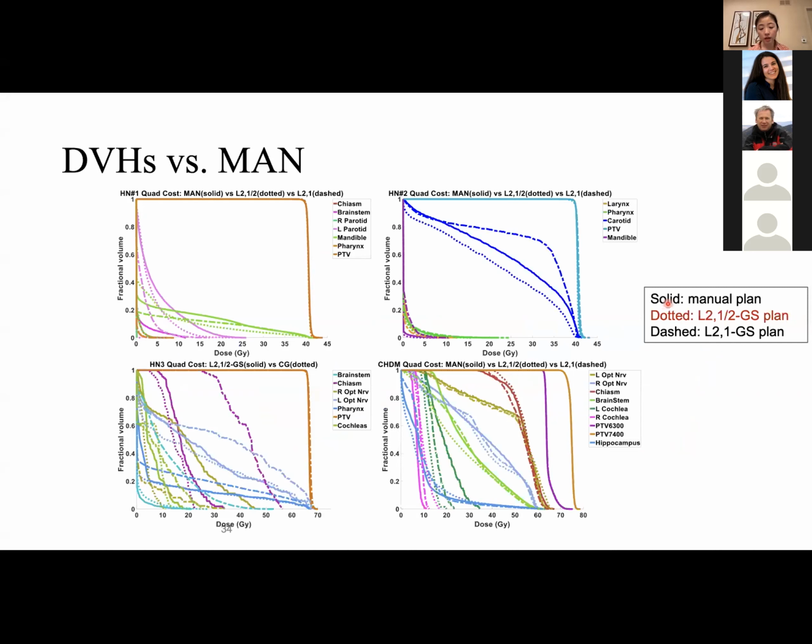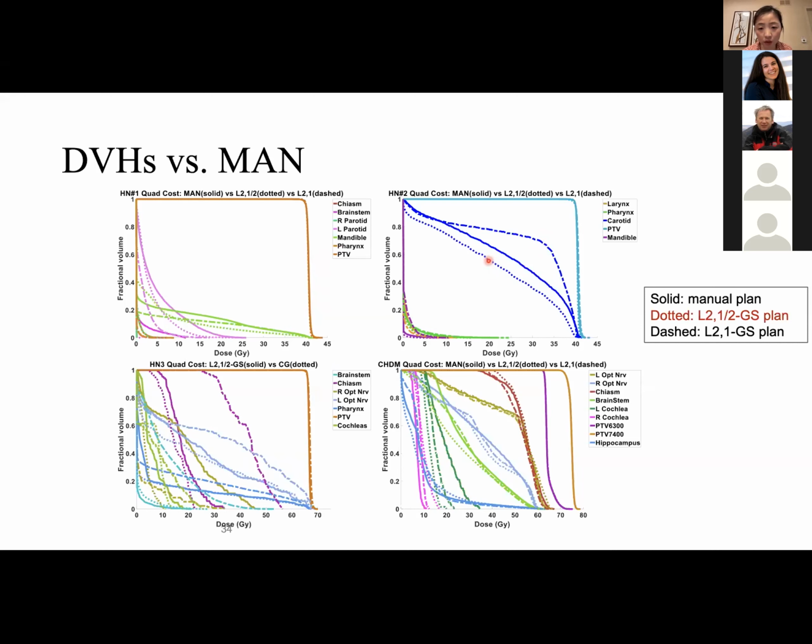Since our goal here is to get good dosimetry, let's look at the DVH comparison of the BOO plans versus the manually selected beams. The solid line is the manual plan. The dotted line is the L2,1/2 group sparsity, and the dashed line is the L2,1 group sparsity. For these 4 tested cases, we can see that all 3 methods have similar PTV coverage, while for OARs,